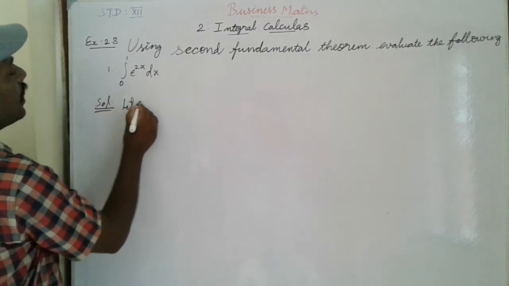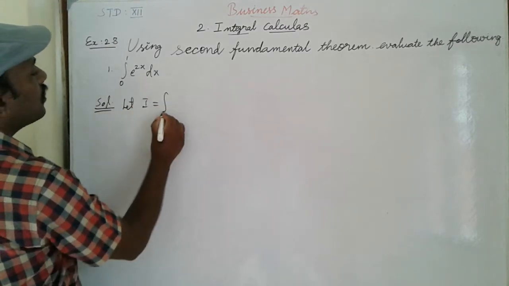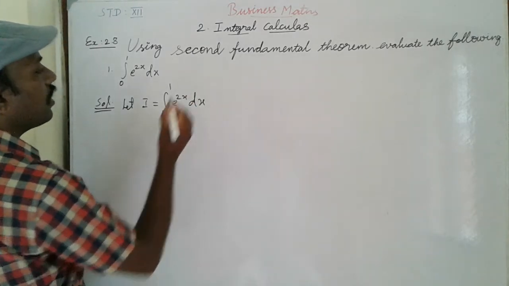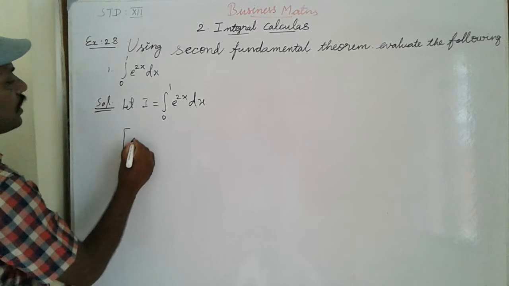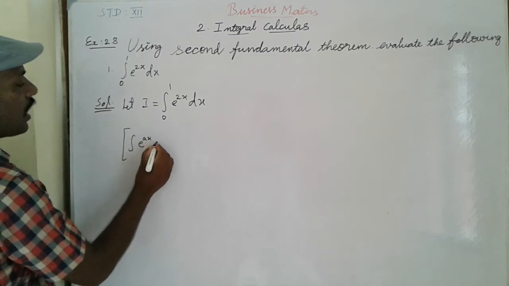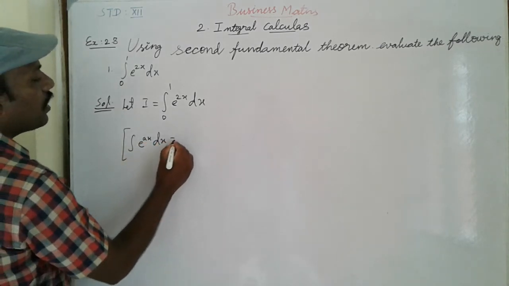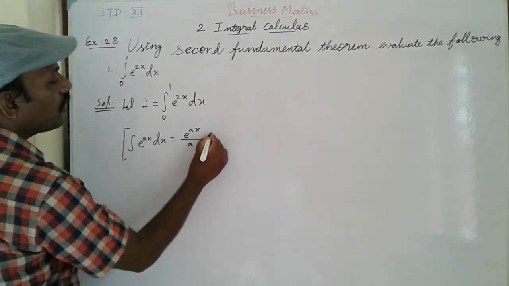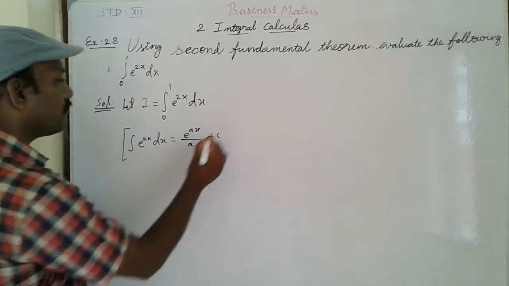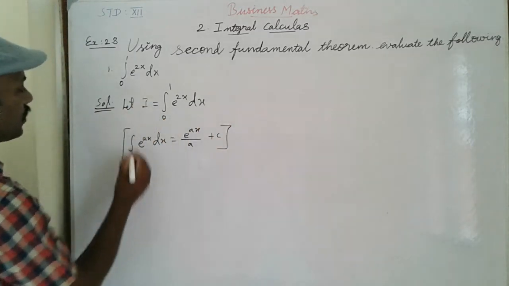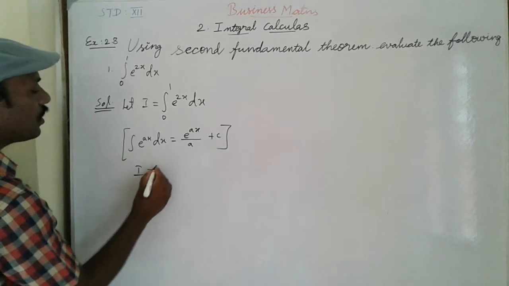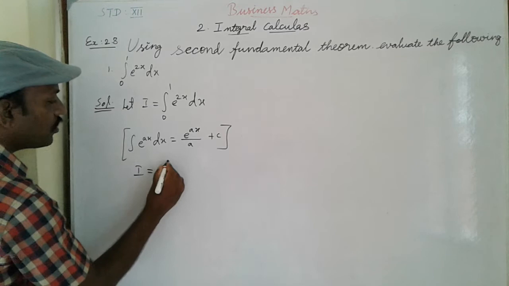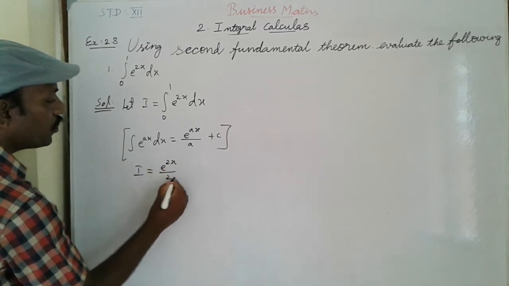Let I equal integral from 0 to 1 of e power 2x dx. We know the formula: integral of e power ax dx equals e power ax divided by a plus c. Substitute this formula. I equals, integrating, what is a? 2. So e power 2x divided by 2,